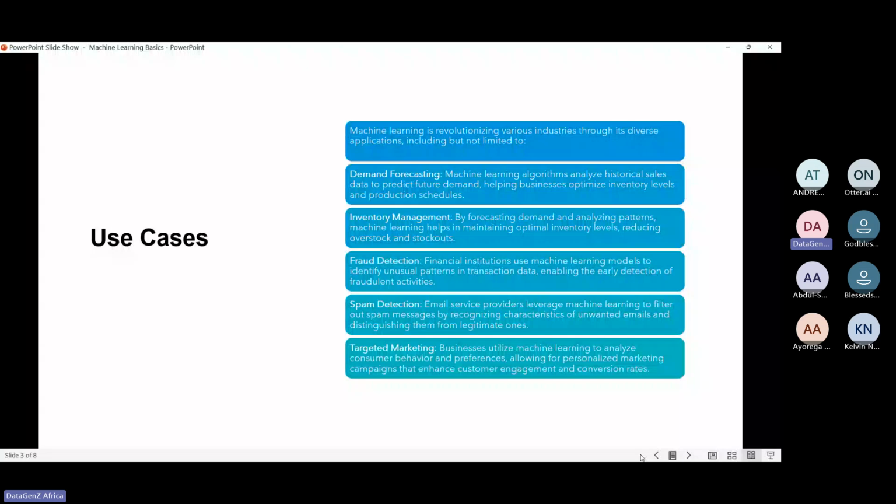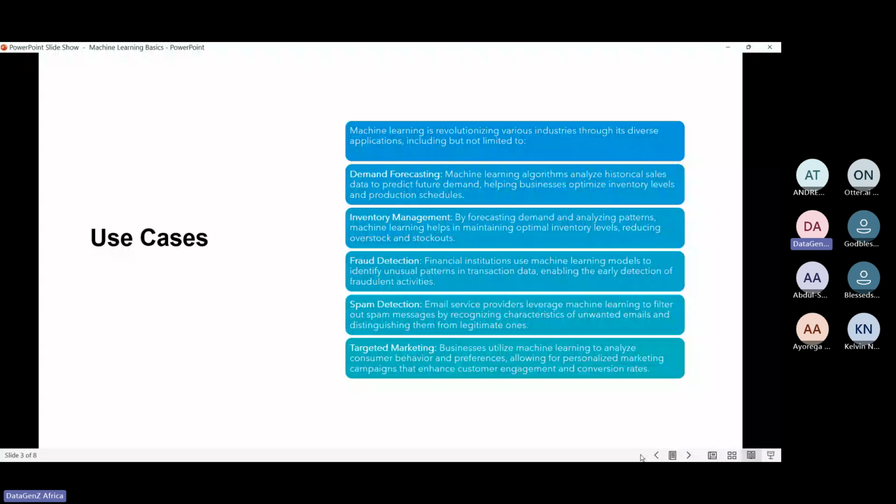It's actually machine learning that is going on in the background. It knows which emails should go to spam, where you have a kind of spam email. Most times you don't even see it in your inbox, it goes to spam. So machine learning is applied in a wide range of